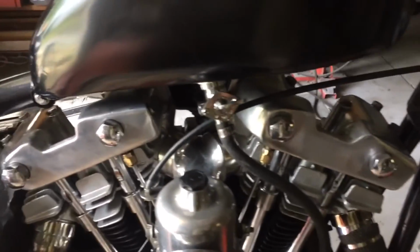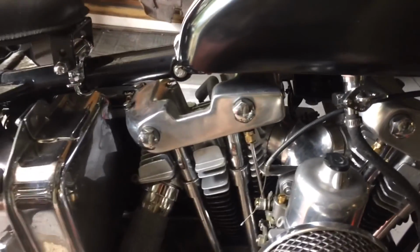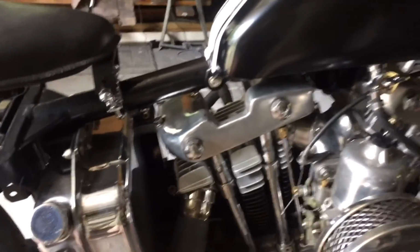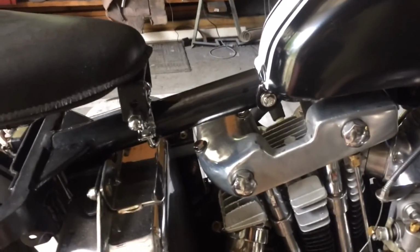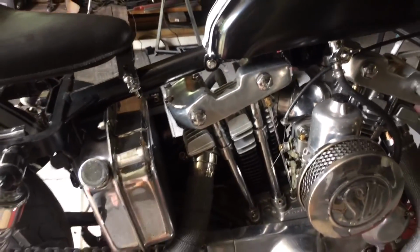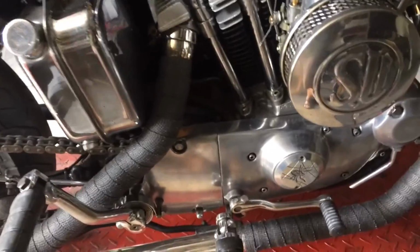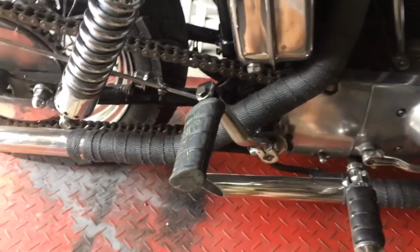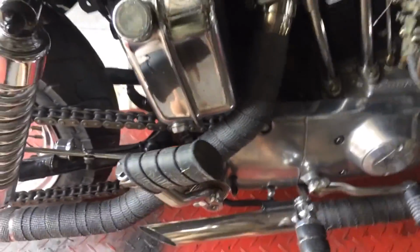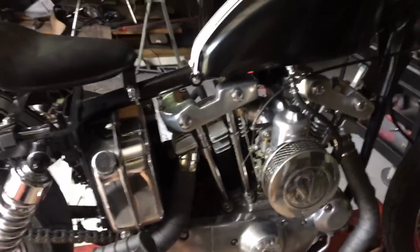These used to be chrome rocker covers, but when they were polished up, it burned all the chrome off of them. That was a bitch. And then he polished them for me, which I thought was very nice. But she's kick only, XLCH. She's got the higher compression pistons,